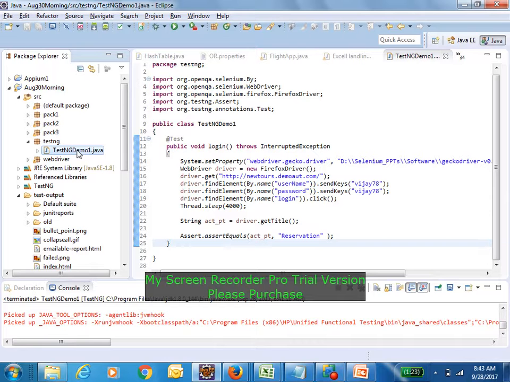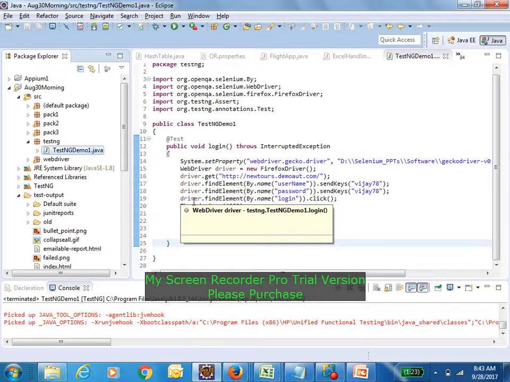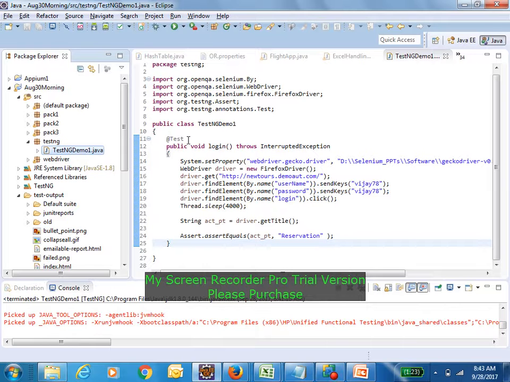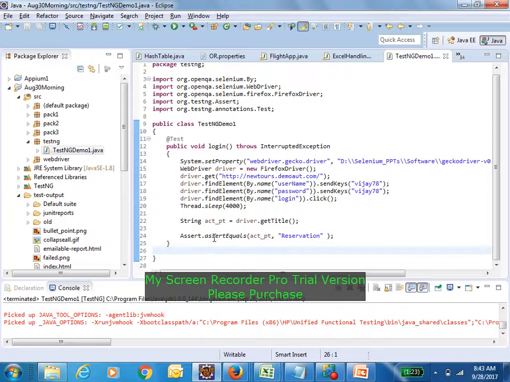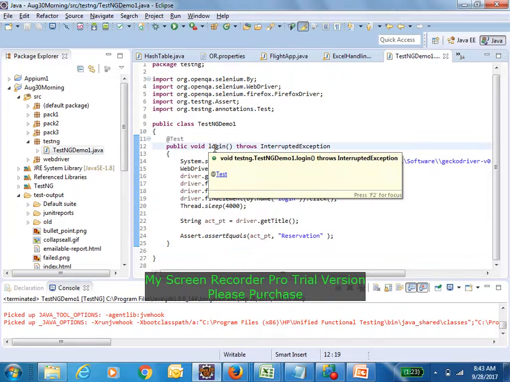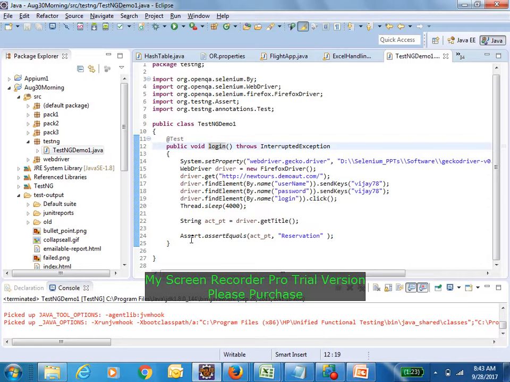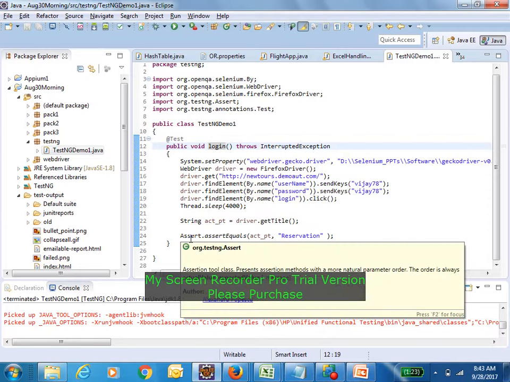What are those features? We can prioritize the test cases. Till now we did not do it. In our next class we will be doing it, and we can execute by using TestNG only. We no need to execute by using Java. For that we are using annotations. So it means we can replace the main method, and we can pass the test result to that test case itself directly by using assert classes.